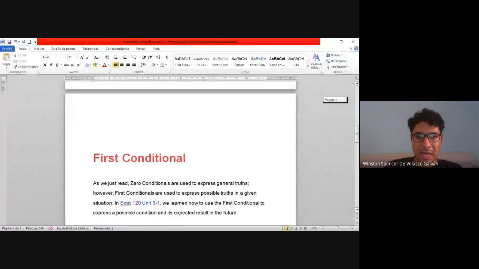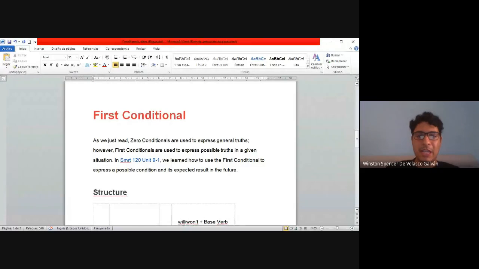Excellent. I think that now the time has come to move on forward with conditional type 1. Conditional type 1 goes like this. I'm going to share one more time the Word file that I was explaining. On this Word file, I already got the structure, some sentences, and everything related with conditional type 1. This is the zero conditional. It's already done. And now, look at this.